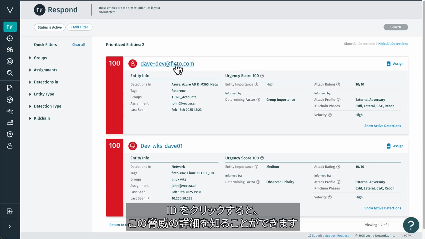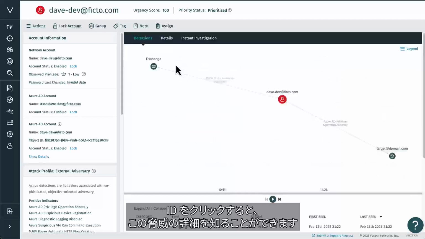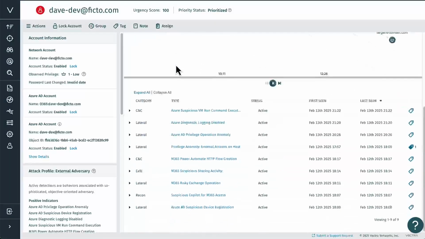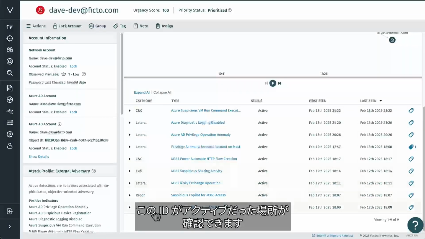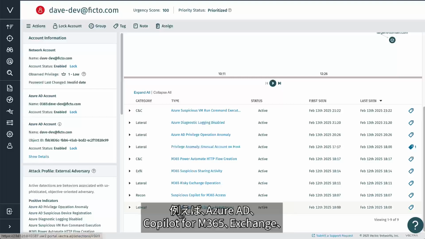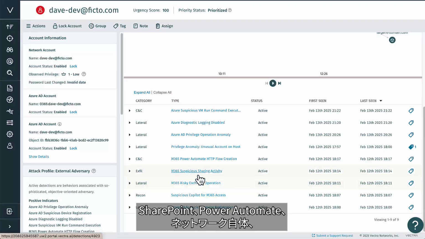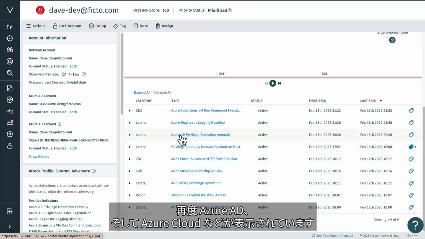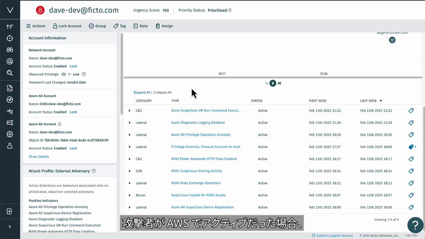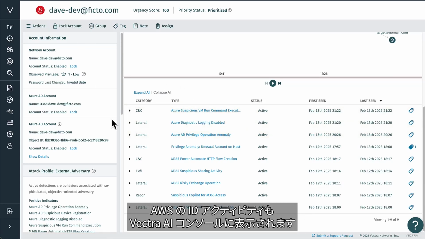We can click into this identity to understand more about what this threat was doing. We can see activity spanning the gamut of where this identity was active: Azure AD, Copilot for M365, Exchange, SharePoint, Power Automate, the network itself, Azure AD again here, and Azure Cloud. If the attacker was active in AWS, AWS identity activity would also be able to be surfaced in the Vectra